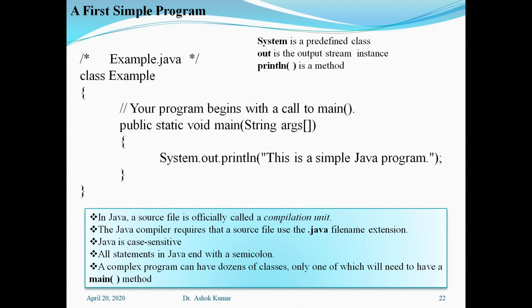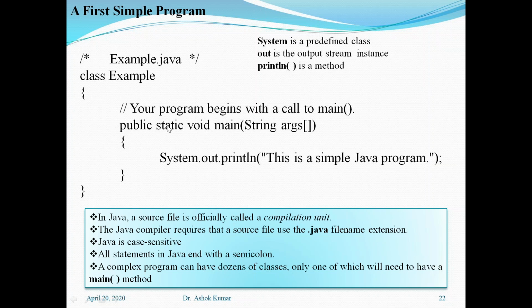In one of the classes, there should be a main method. So this is the method. In C or C++, we call methods functions, but in Java we use another word for functions, and that is method. So this is a method, or we can say function. This is the name of the function, and this is its return type. Every function has some return type. So void is the return type of the function, main is the name of the function, and this function is